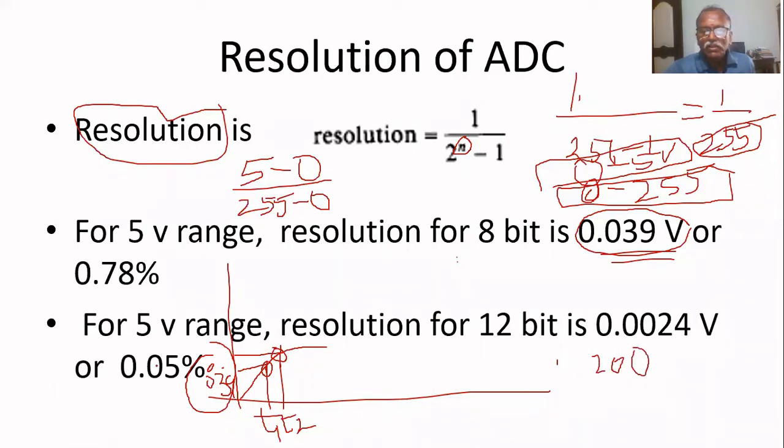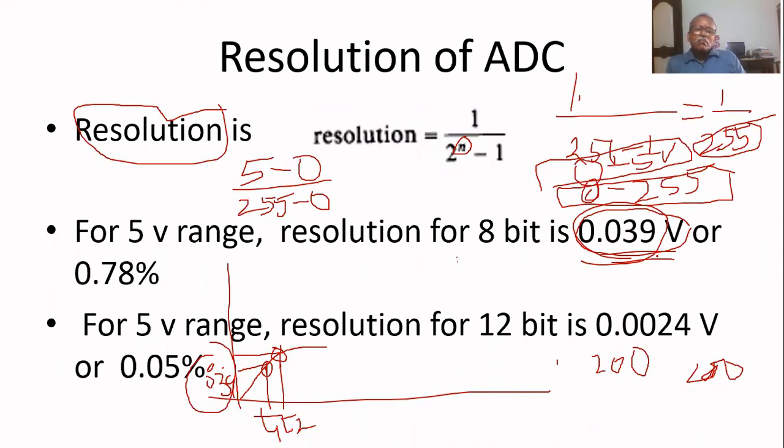The value at this point is 200. For T2 also it gives 200 only, because the voltage difference between these 2 points is less than 0.039 volts. That is the smallest value that can be sensed by the ADC, the resolution,